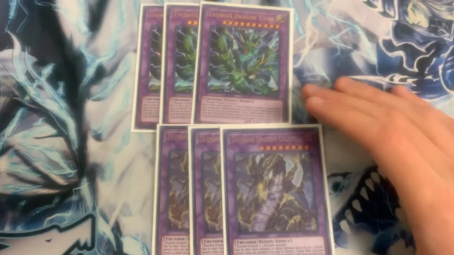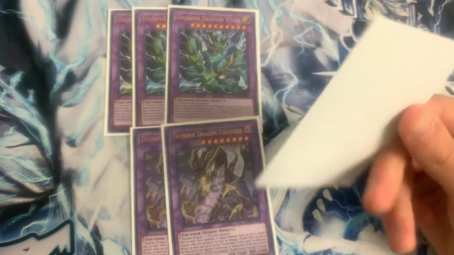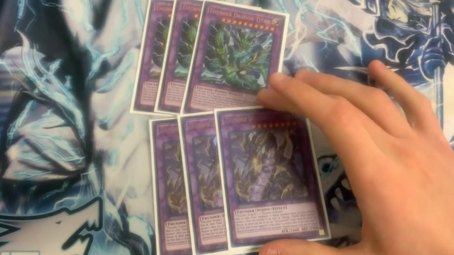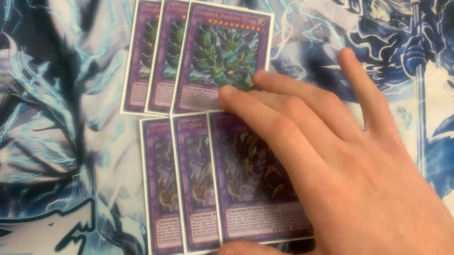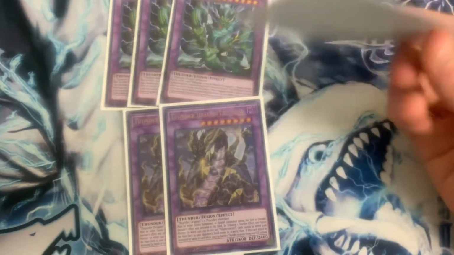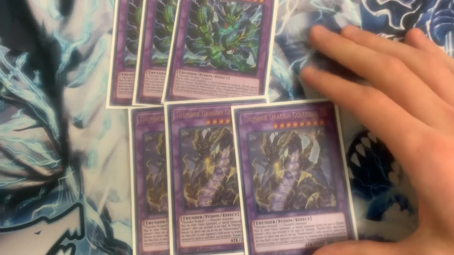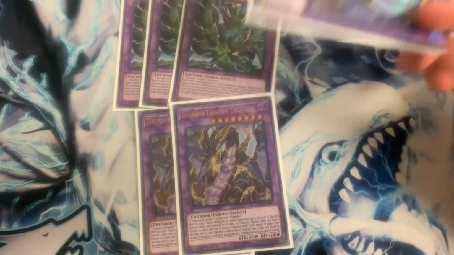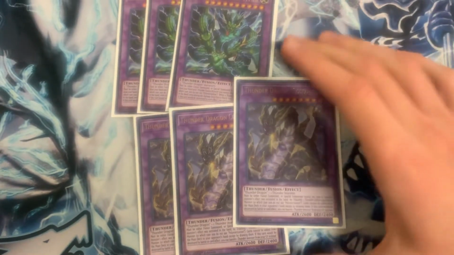Now, you can already tell these are not the one Colossus that I got, which was like $45 a long time ago. It isn't here. I had to sell it to make this deck, but I ended up getting 3 ultra rare Colossuses instead. But of course, Sparky, your opponent cannot search, tribute any Thunder monster to summon this card, and this card actually is the one that can't be destroyed by battle or card effect,